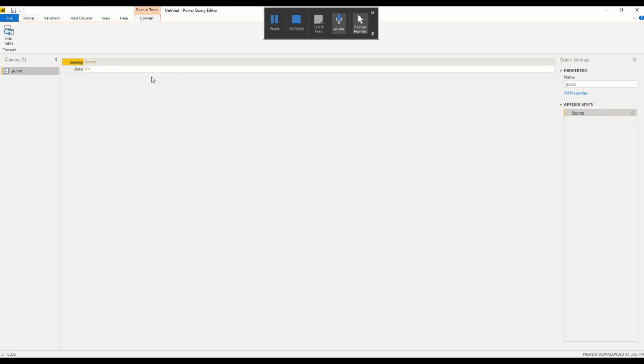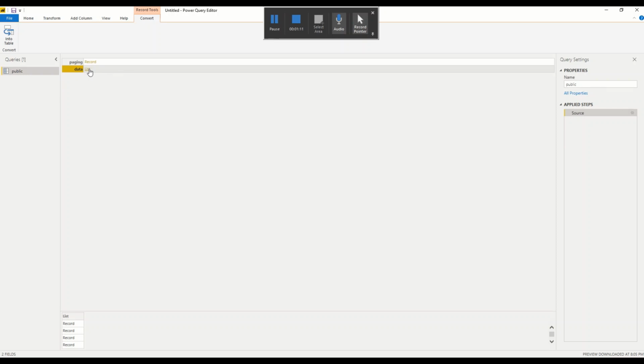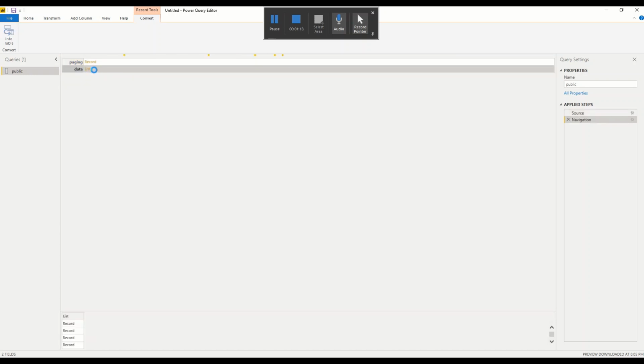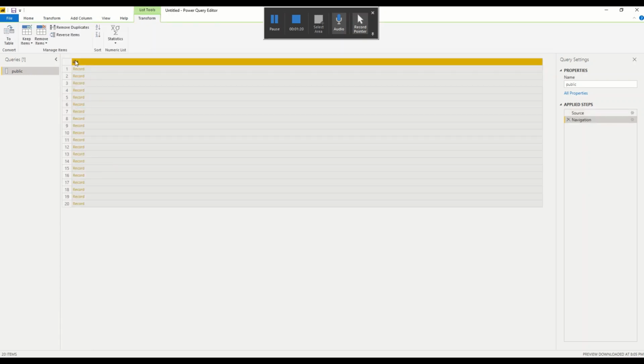All right, let it load for us. And remember how I said this information over here, this paging record stuff? Remember how I said that was just full of nulls? Let's just double check. Let's take a look. Here it is. Again, it's garbage data. We're going to go over here to the applied steps, undo that navigation. We're going to click on data, hit list. Essentially, we don't want this information. So we're going to go data, list, and boom, it shows all of the records